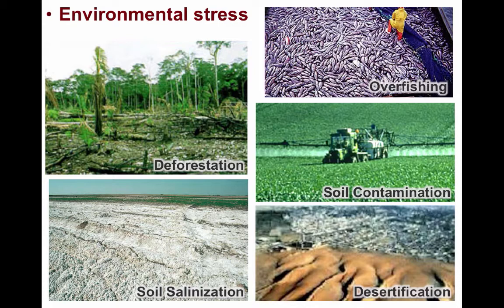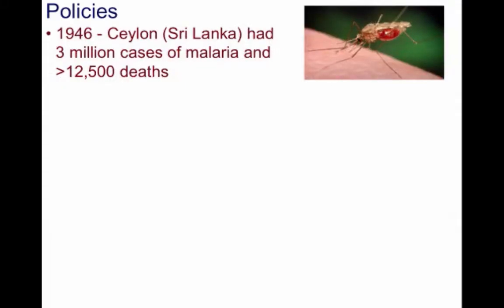Through deforestation, soil salinization due to improper irrigation techniques, overfishing, soil contamination due to the introduction of a plethora of chemicals, desertification intensified through overgrazing, as well as other human-induced impacts. The 1960s was the first decade in which the United Nations and the international community began to enact major initiatives to protect the environment. Malaria is one of the big global killers, causing over 1 million deaths annually, with mosquitoes